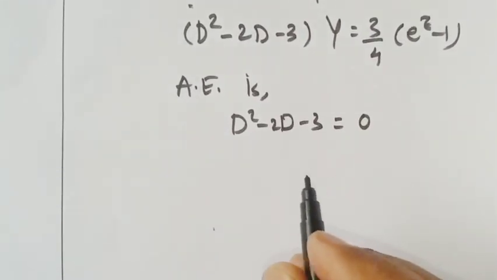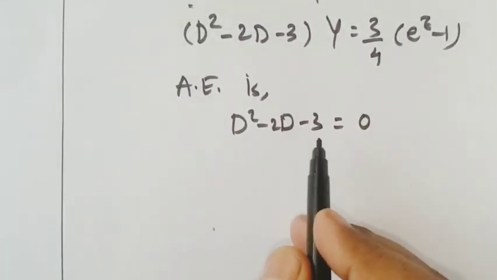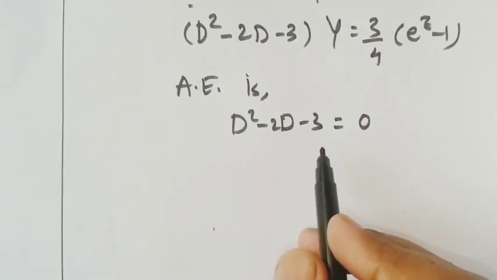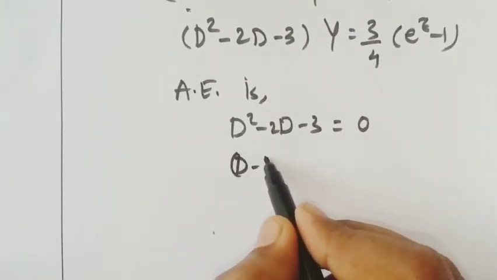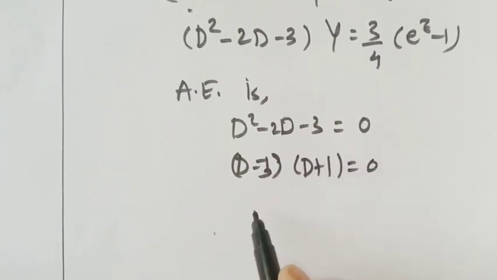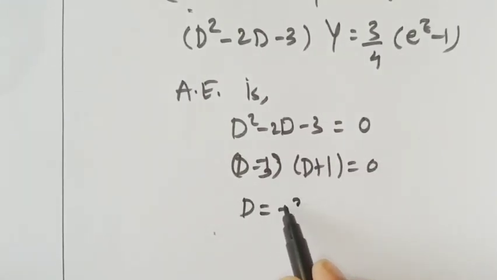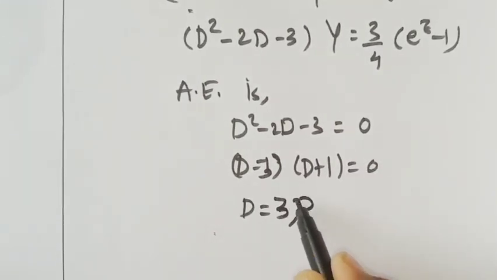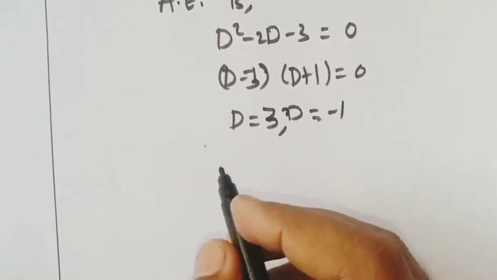It can be factorized as (d − 3)(d + 1). So the factors will be d − 3 and d + 1, equal to 0. So this will imply d equals plus 3 and d equals minus 1. These will be the roots. Therefore the complementary function (CF)